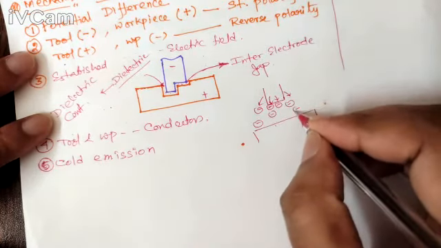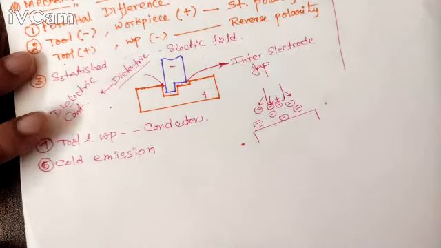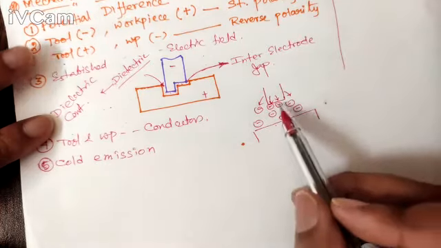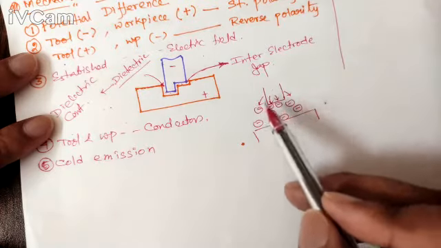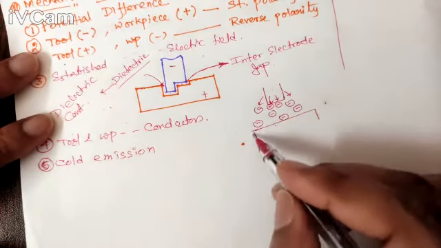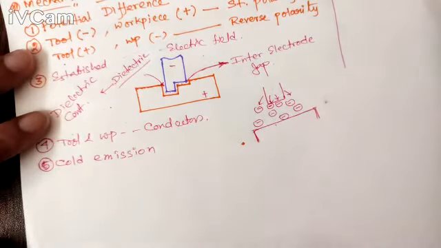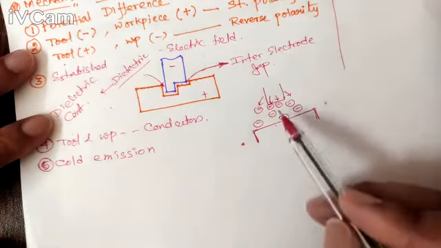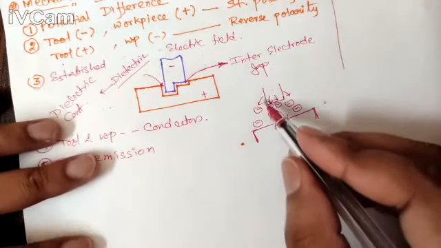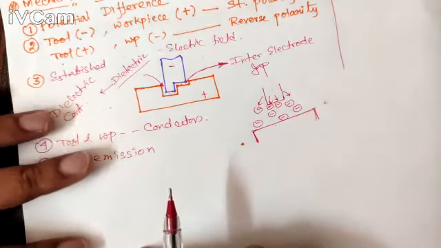But all the time, the number of electrons being emitted will not be the same. It will depend on many factors. What is the dielectric constant? What is the material of the tool? Depending on all these aspects, as well as how much charge you have given, or how much electricity you have connected. That is called cold emission. That means electrons started coming out from the tool. Up to now, it is clear.